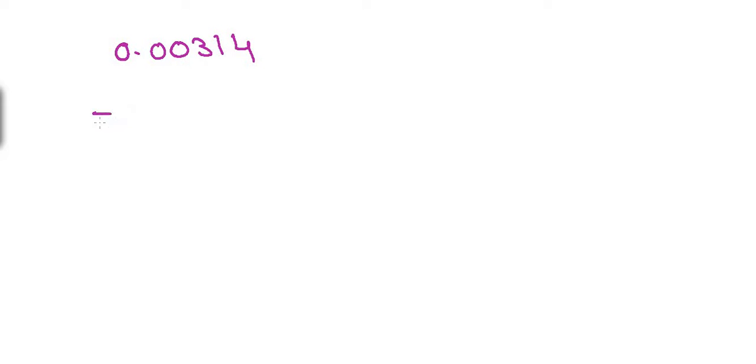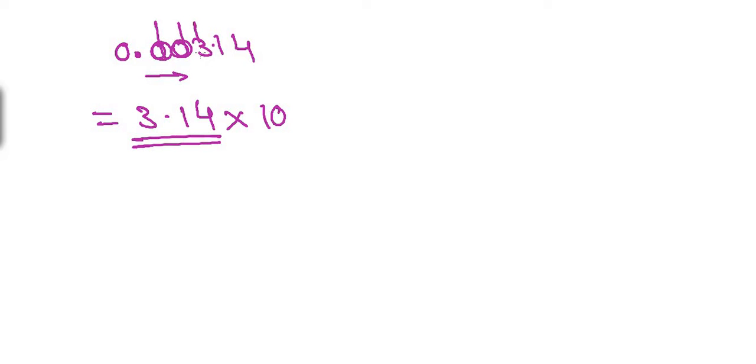0.00314. Write this number in the form of a number between 1 to 10. Now using 0.00314, a number between 1 to 10 is 3.14. Now to write the number 3.14, we have shifted the decimal towards the right. It was before the first 0, and we have placed it now after 3. How many positions have we gone towards the right? 1, 2 and 3. When we shift the decimal towards the right, the power becomes negative. And by how many positions are we shifting the decimal? 3. So minus 3 is the power.